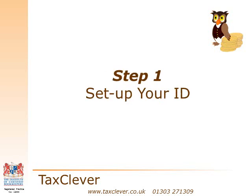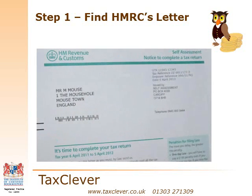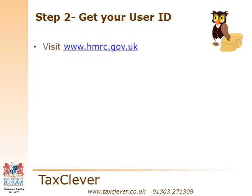Set up your user ID. Find that all-important letter from the revenue. It looks like this. In the top right-hand corner is your UTR, Unique Taxpayer Reference. You'll need this later. Visit the Revenue website